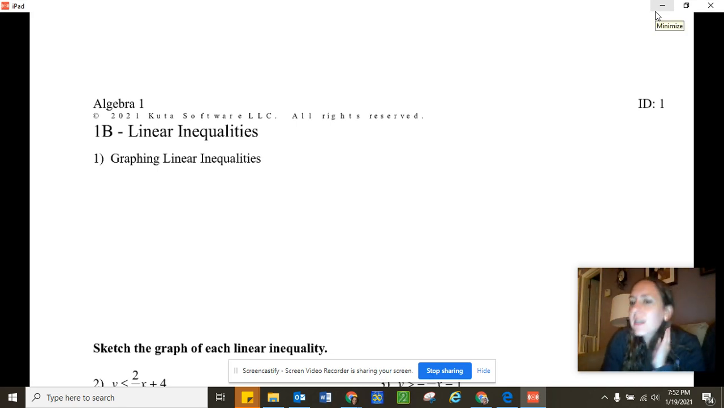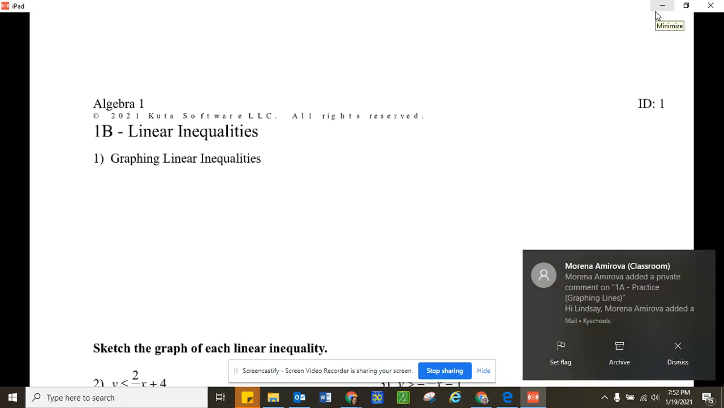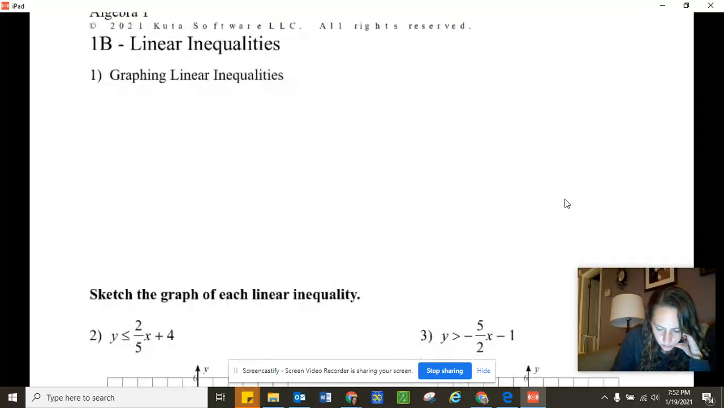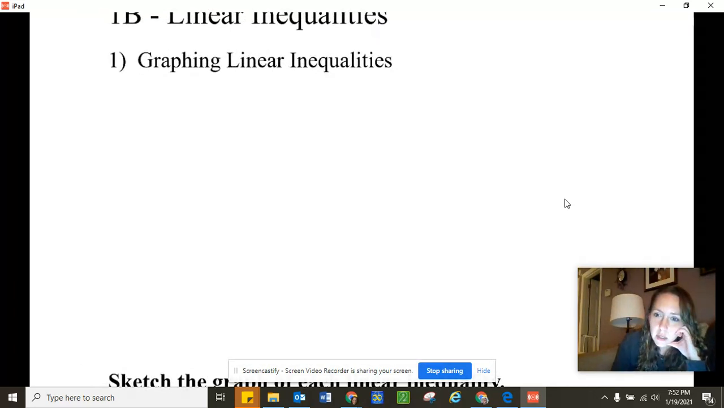Hey guys, so second half of the week, like I said, we're going to start on graphing inequalities. Basically, I'm going to ask that you just write down this simple little table to kind of help you with it. So, with graphing inequalities, right,